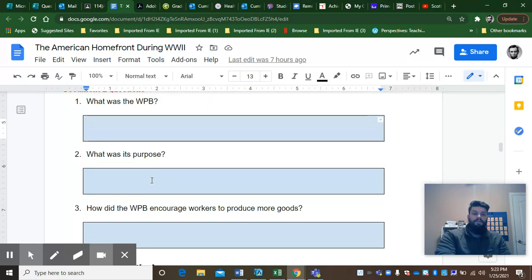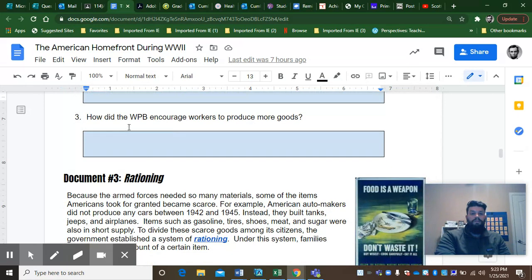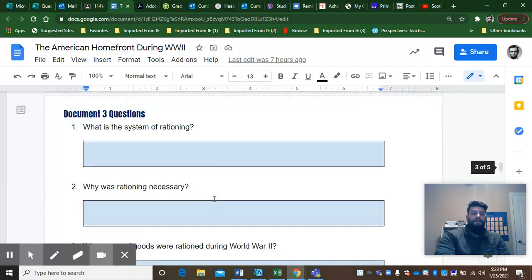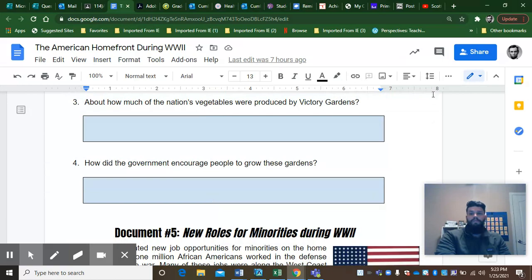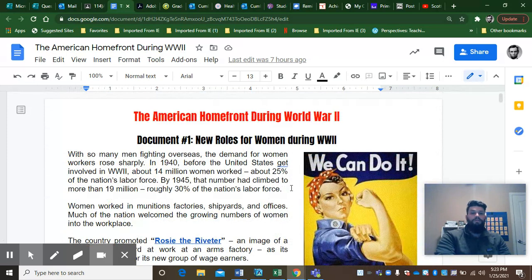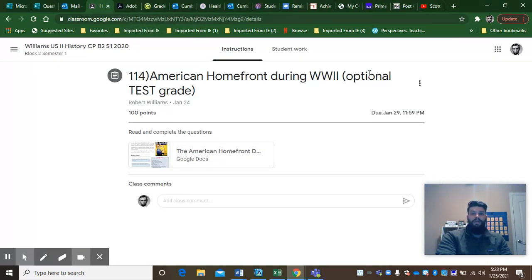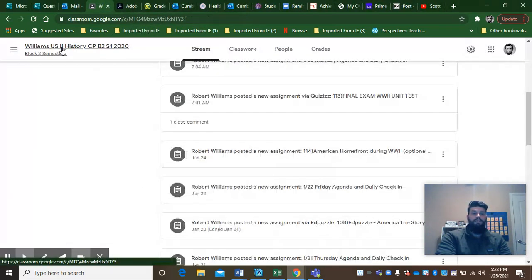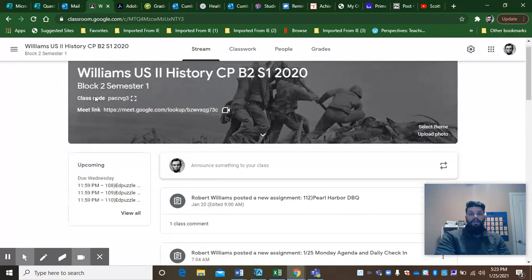All right, I only look for one sentence in each. All they have to do is click on the blue box, answer the questions, and it saves automatically. It's a Google Doc. And at the end, all they have to do is this blue button won't be share. It will say turn in. All right, the students hit turn in, and I automatically get it turned in to me. This is Google Classroom 114, not mandatory, completely optional test grade. All right, it's up to your students to get that done and have that grade.